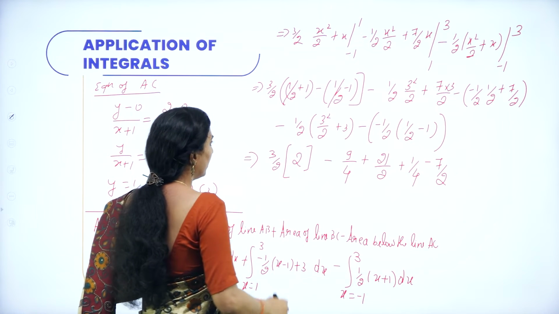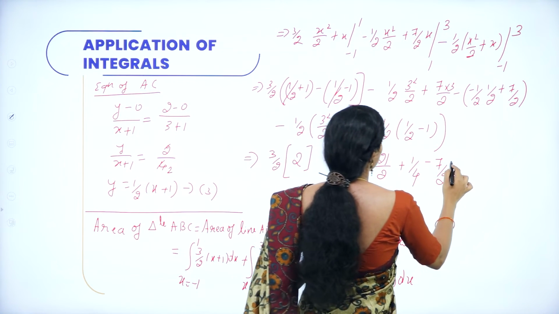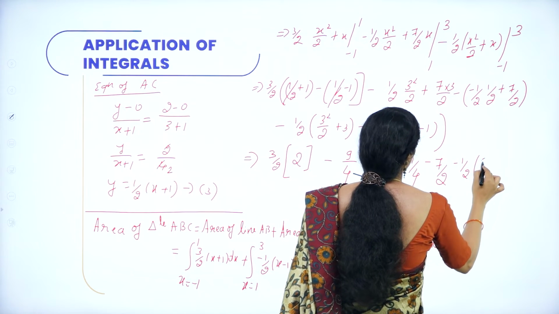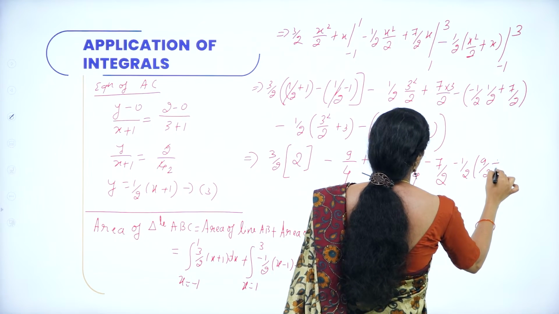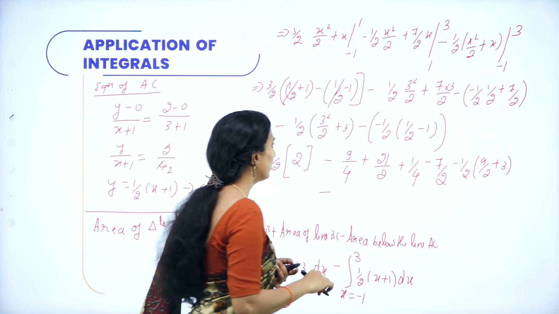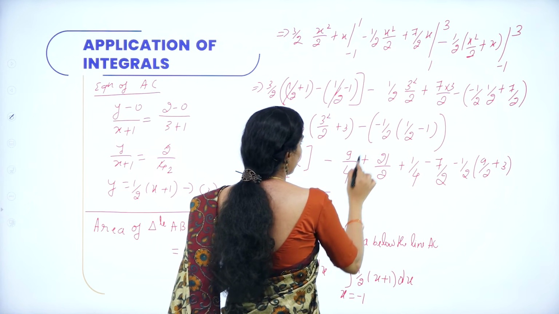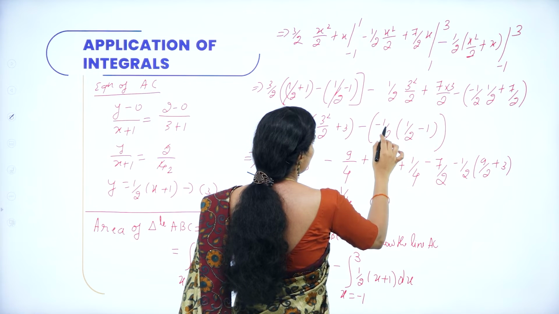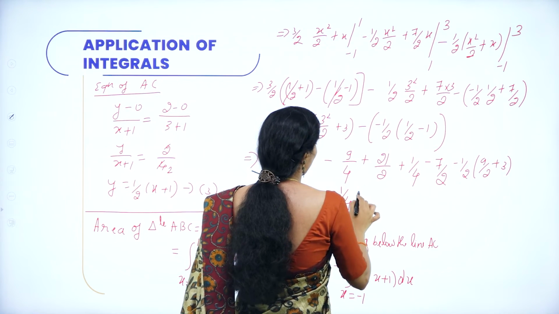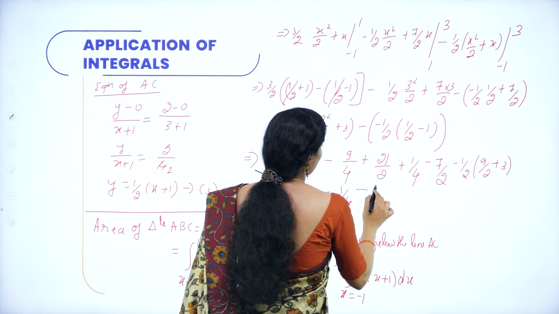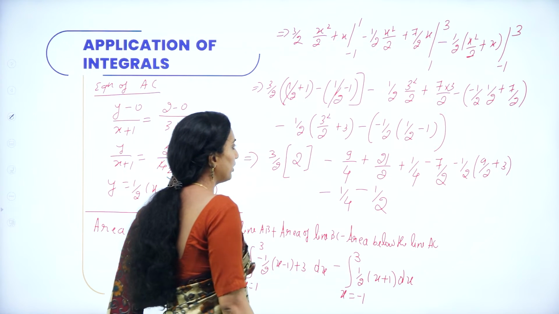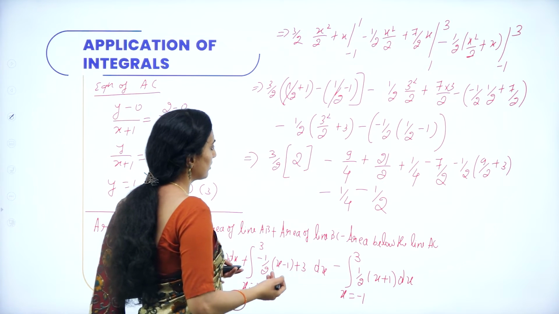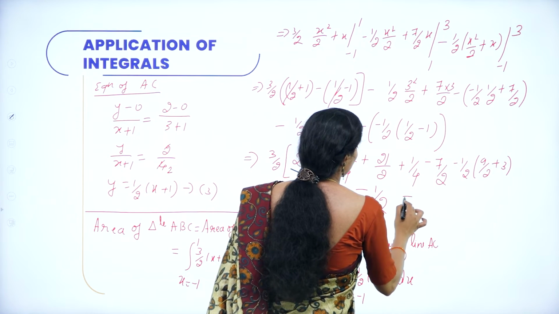So again you can have here minus 1 by 2 into 3 squared, which is nothing but 9 by 2 plus 3 minus, minus into minus, which is plus 1 by 2 into 1 by 2 is 1 by 4. Again minus into minus is plus, plus into minus is minus. 1 by 2 into 1 is 1 by 2. So whatever can be cancelled will get cancelled. After simplification, this one you are going to get the answer as,